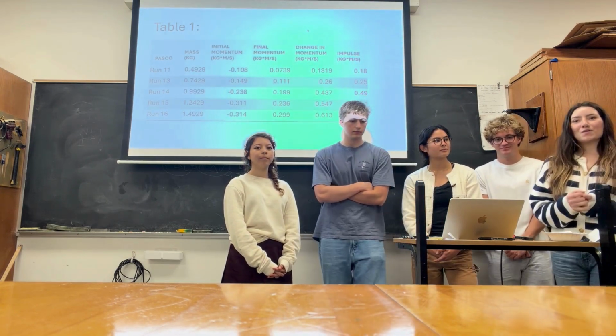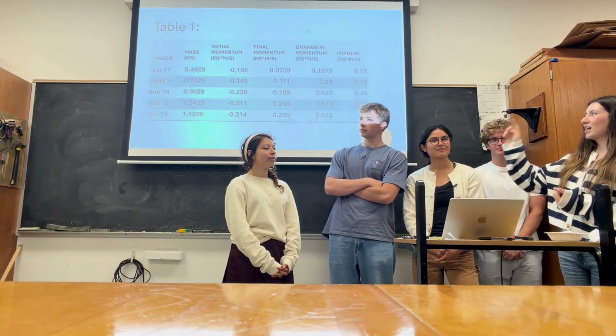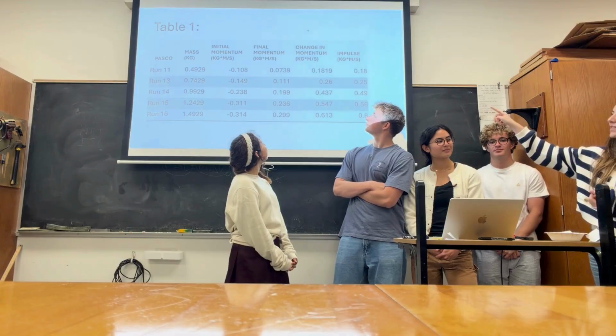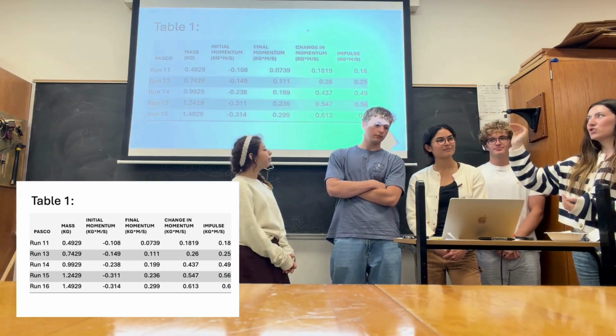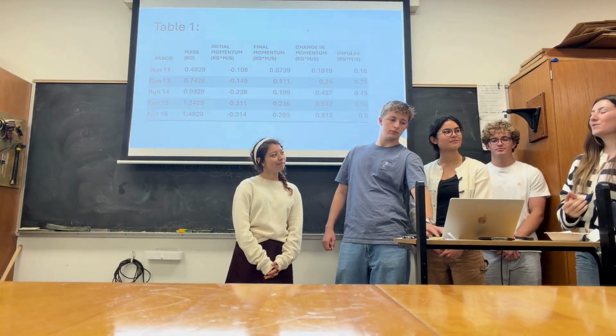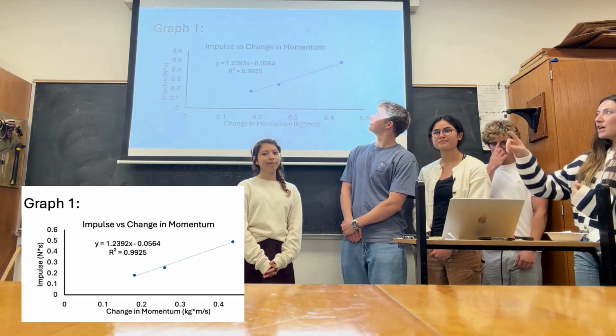Okay, so I'm going to go over the results of this lab. So as you can see here, kind of right behind Trevor, there's the change in momentum and the impulse, and they're roughly about equal. You can see in each trial just from the raw data. And then if you look at the graph for an even further clarification of this data, you can see that